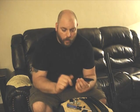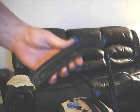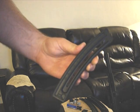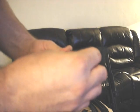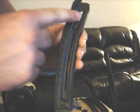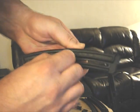I already took the mag apart, and I did one side of the mag, and I didn't do this side yet. So this is what I'm going to show you. Alright, first of all, you're going to see this groove here, and I'm going to put the little piece here in it. Now notice, I'm pushing pretty hard and it's not even moving. So what you want to do